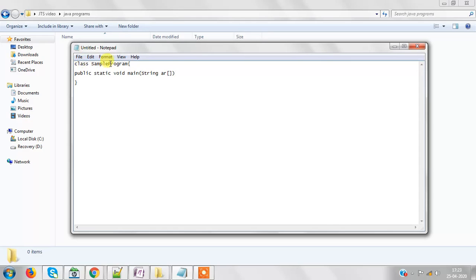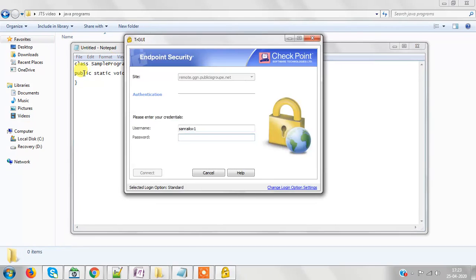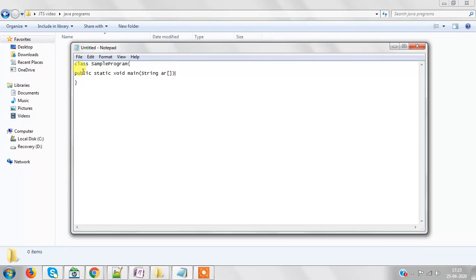Then after that you have to use your sample program name. Here my program name or class name is my sample program. You can use any name in place of this. After that, public, so that this method will be accessible by the Java compiler from outside. And then static, so that this method can be called with the class name during compilation. After that, void, because this method will not return anything, and this is the main method.